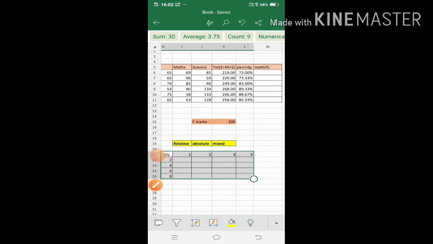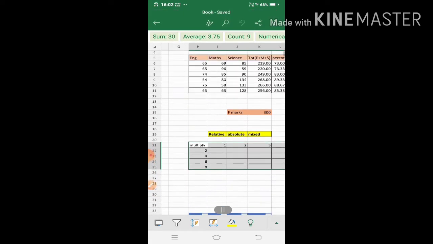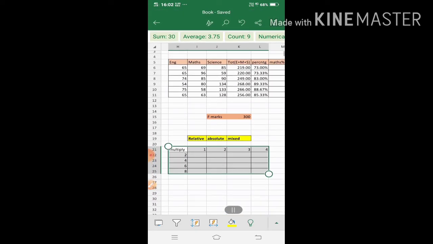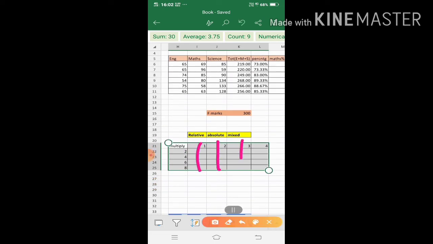So now I am going to discuss mixed reference. For this, first see this multiplication table, where the rows are 2, 4, 6, 8 and the columns are 1, 2, 3, 4.